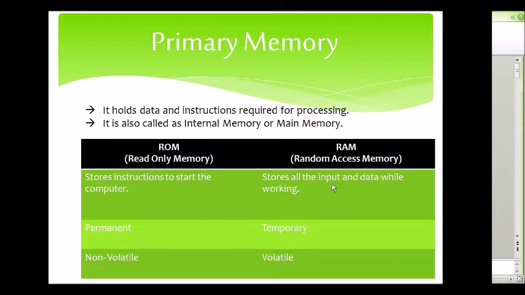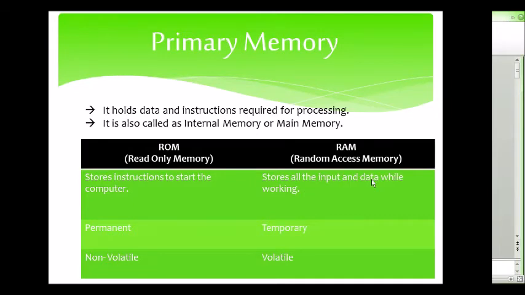But in RAM, the Word document which we opened, we have completed our work and we are saving it again and closing the computer. We shut it down. In that time the input, the data which is there in RAM, is deleted. That means that particular Word document, when we are done with working, is deleted from RAM. That means RAM space is again free. So that is why we say RAM is temporary.